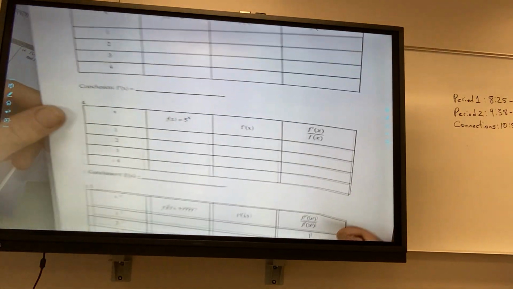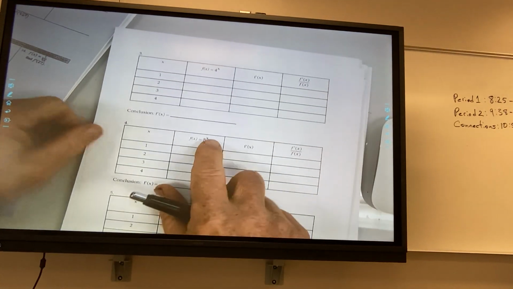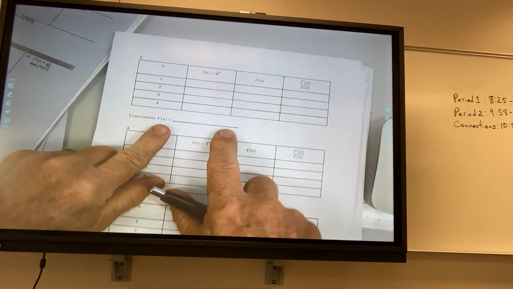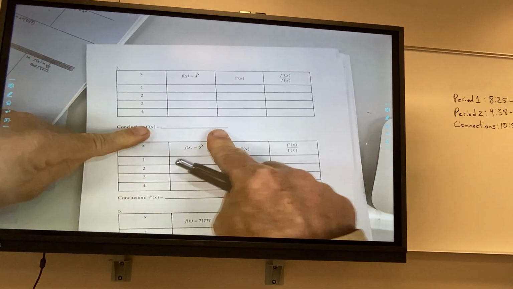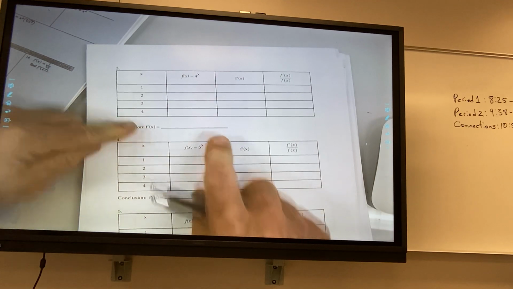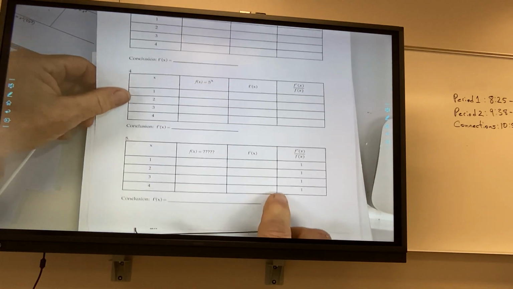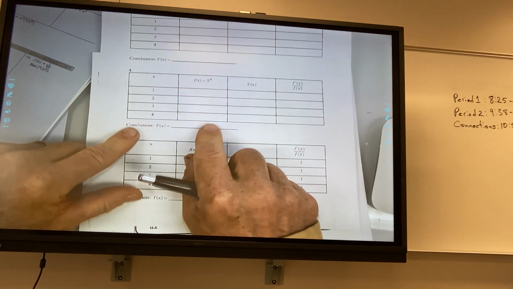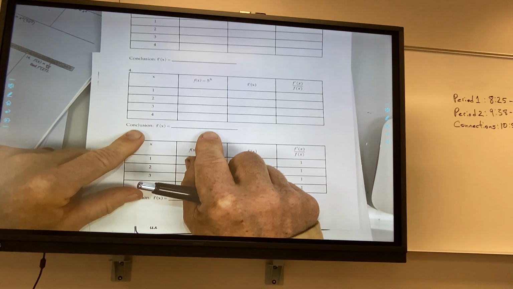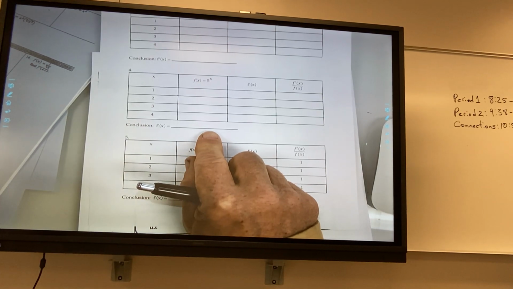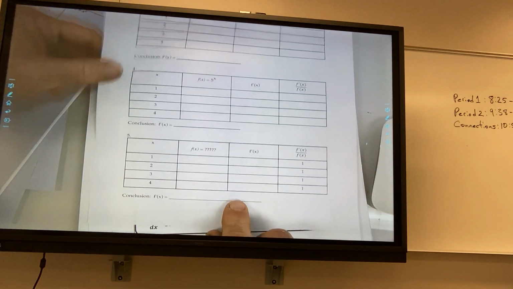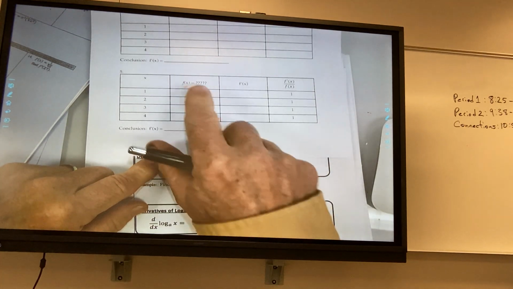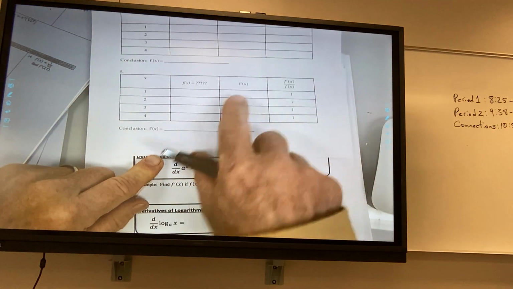On the back side, Austin, Grace, and Colin are going to do this one. Ella and Callan are going to do this one. And you two get to do this one. The only thing is you don't know what f is, you don't know what the derivative is,